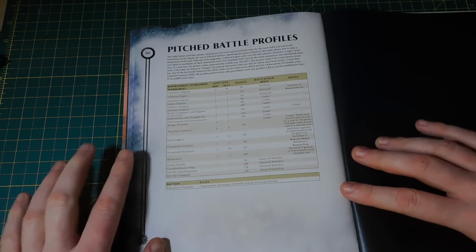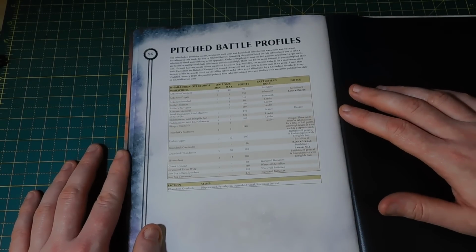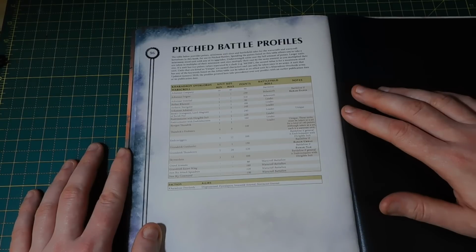So if we look at the points, a lot of point changes here. I'm just going to run through everything because there's not that many. The Arcanaut Company is 90 points and is battle line. The Arcanaut Frigate is up to 250, but it's battle line in a Barak Zilfin port, which is massive. It's up 50 points. I think that's fair. The Arcanaut Ironclad is 510 points. This one I think it seems a bit too steep at the moment. Maybe it's because it is such a jump. Maybe it isn't that much, but...